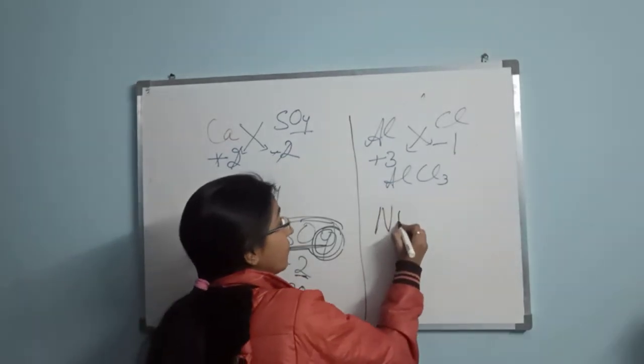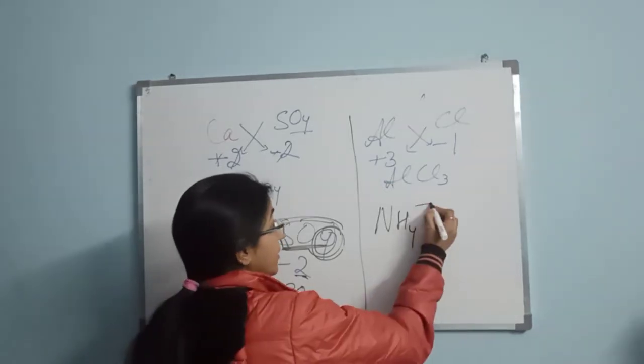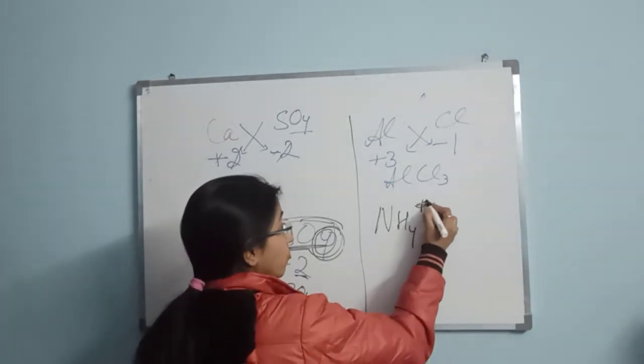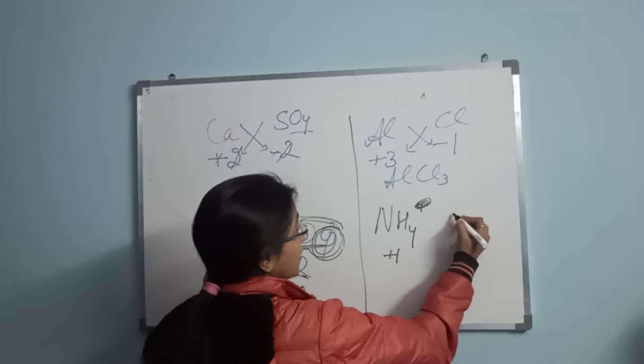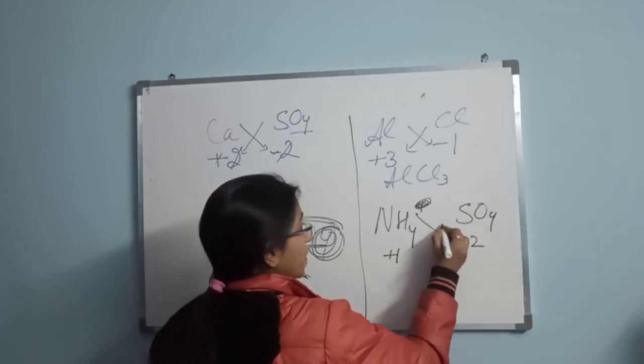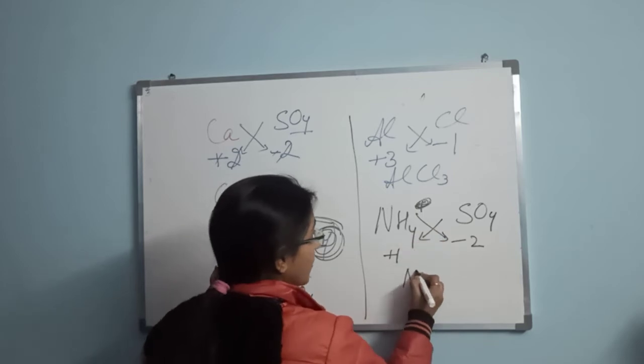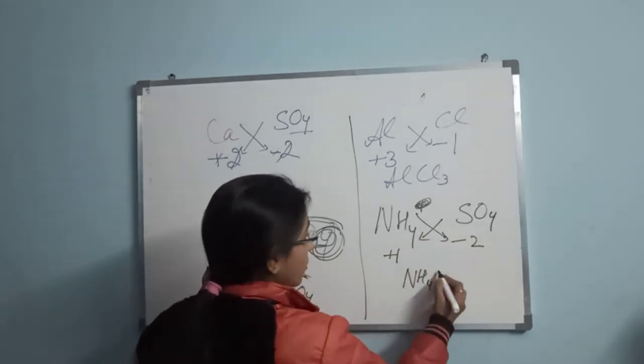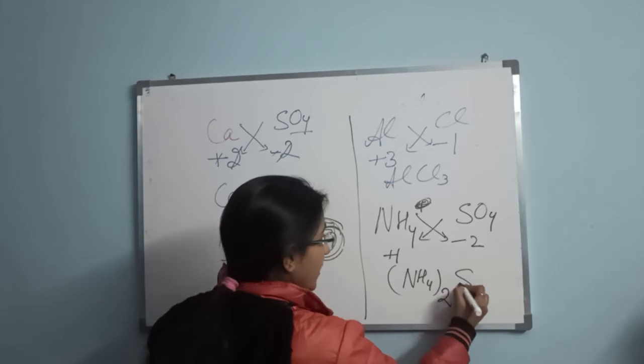Further, moving further, I am going to tell you about the ammonium. Ammonium, you all know very well, it is a monovalent cation, NH4 positive. Fine. So here I am going to write charge of +1. We can take anyone, sulfate, SO4 -2, multiply crisscross. The formula will become NH4 whole twice SO4.